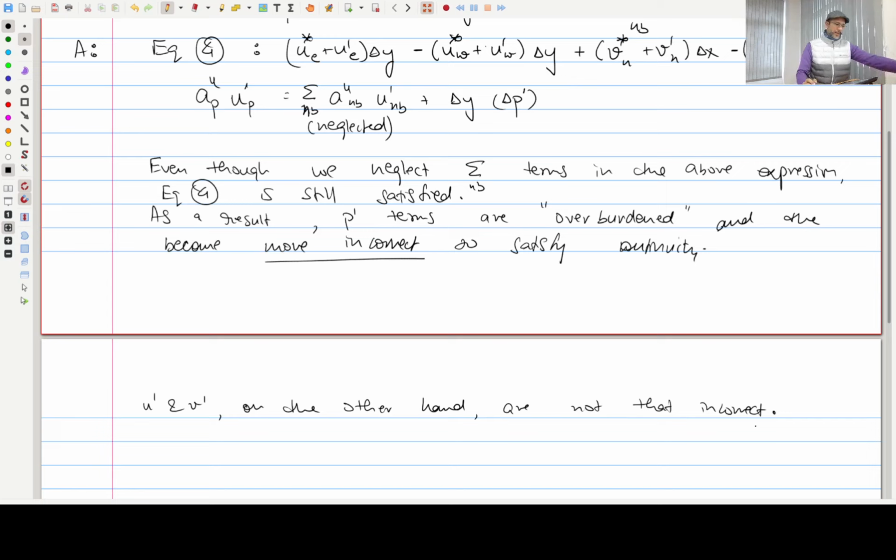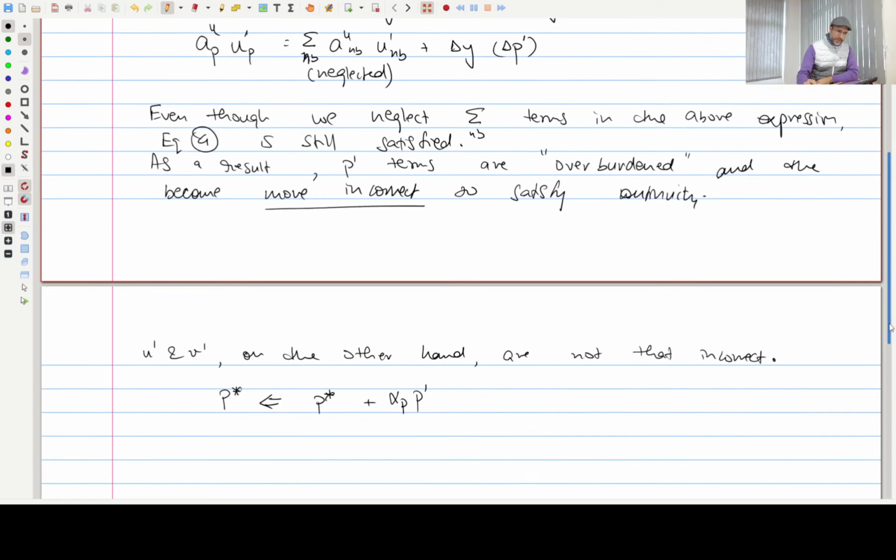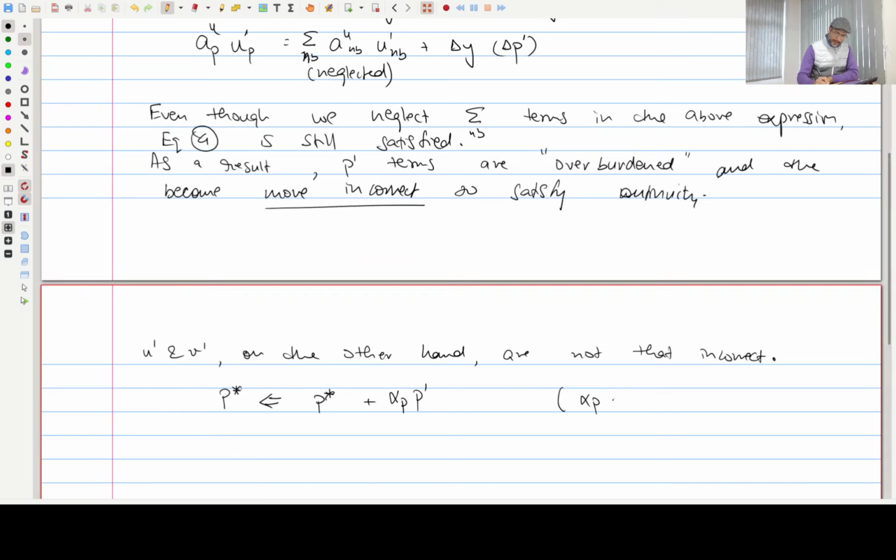So for this reason, when we are updating the pressure value, we had a step where we said that the new P star value is the old P star value plus P prime, right? So here what we do is we multiply it by an under relaxation factor alpha P, where this alpha P is typically around 0.8,